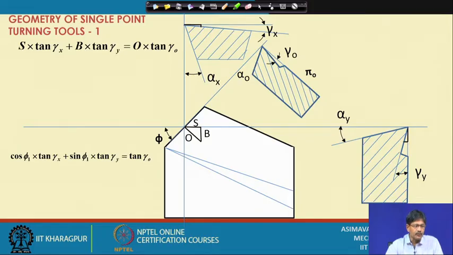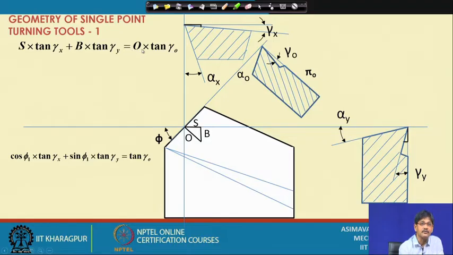However, we do not know S, we do not know B, we do not know O, but we know that this angle is called phi. If this angle is called phi, the principal cutting edge angle or the plan approach angle, we can definitely say, as this is a right angle, the angle between these two sides must be equal to 90 degree minus phi. So, this one angle must be equal to phi, this must be equal to phi,